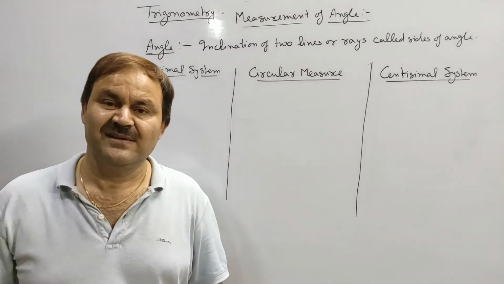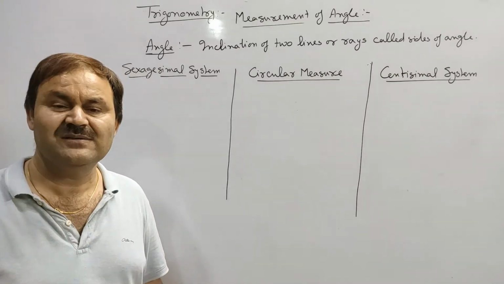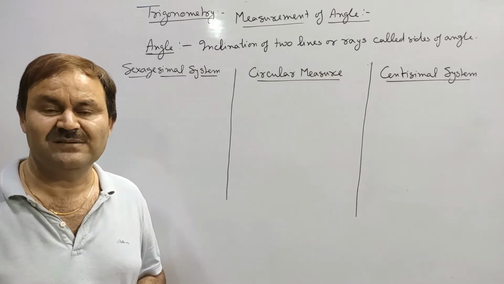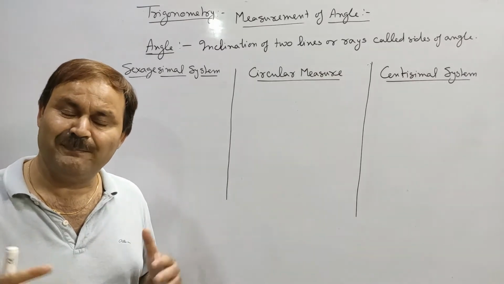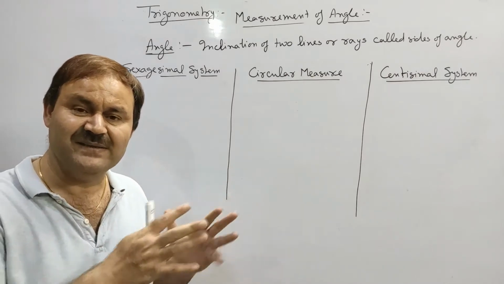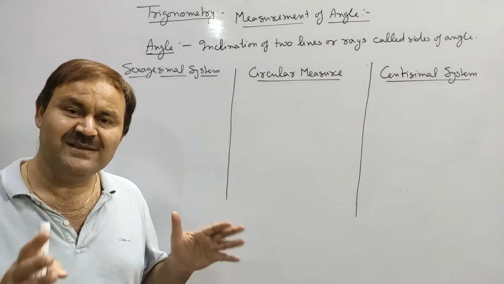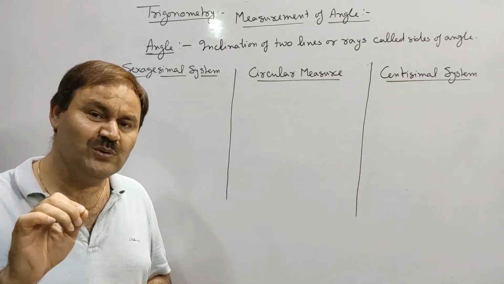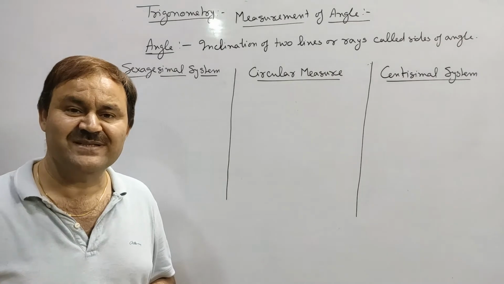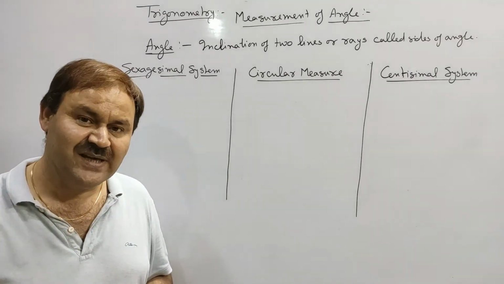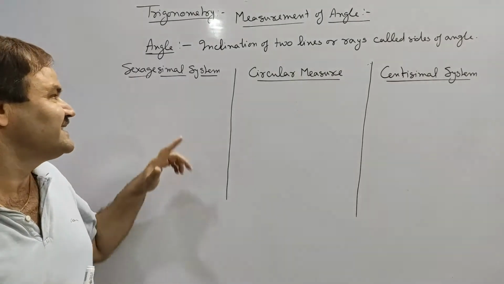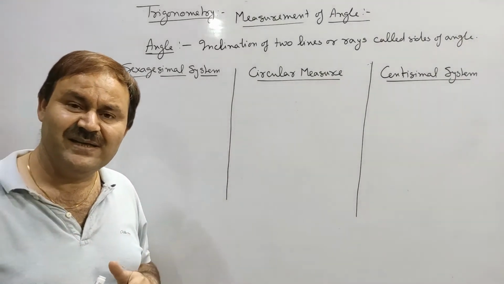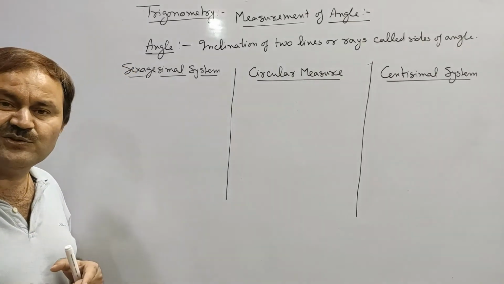Hi friends, in this video related to trigonometry, first we will learn about the measurement of angle. Angle means a planar angle, angle in a plane. And in a plane, angle is defined as the inclination between two lines or two rays called sides of the angle. We are familiar with the sexagesimal system of measurement of angle, and in this system the unit of angle is